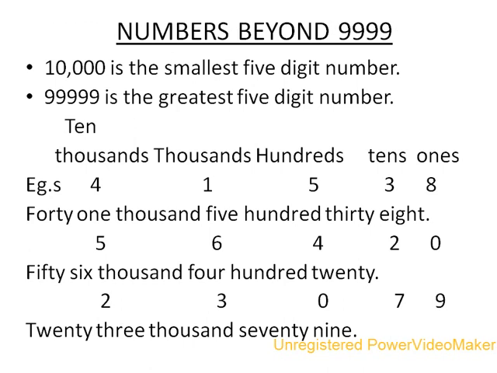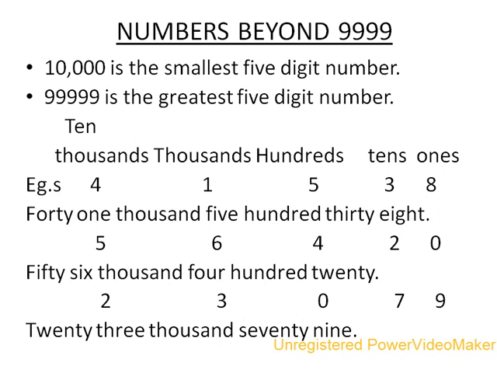Now we will do the numbers beyond 9999. See, after 9999, whatever number comes will be a 5-digit number. The smallest 5-digit number is 10,000, and the greatest 5-digit number is 99999. Now how to place them? See, after 1000, one more place is added, that is 10,000. So 10,000, 1000, 100, 10 and 1. Now you will make the places in this form.